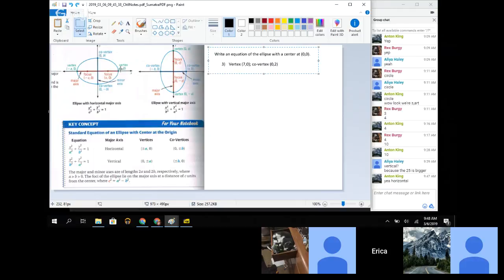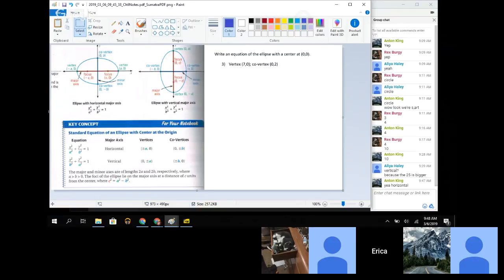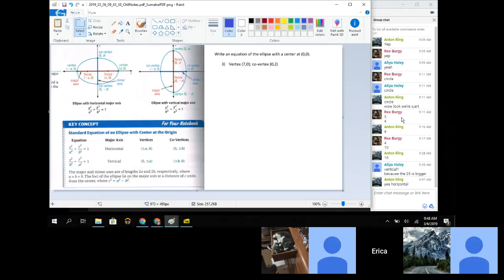So now I know my vertex is at (a, 0). And I also know for this particular one, my vertex is at (7, 0). So it's kind of like a translation thing, right? I know that for a horizontal